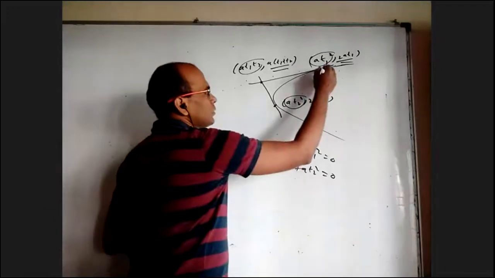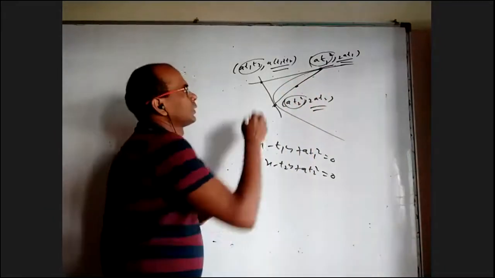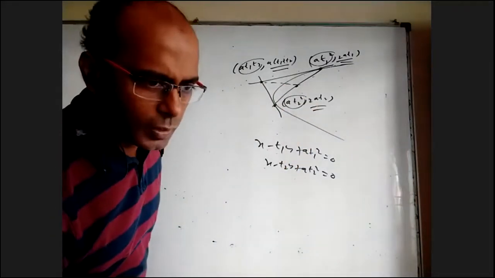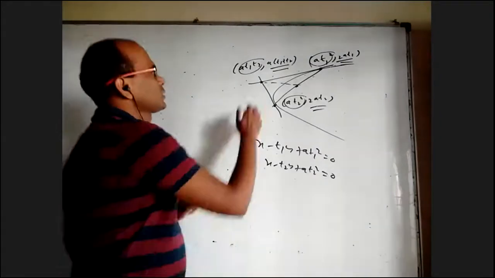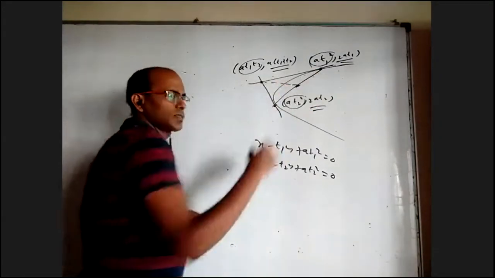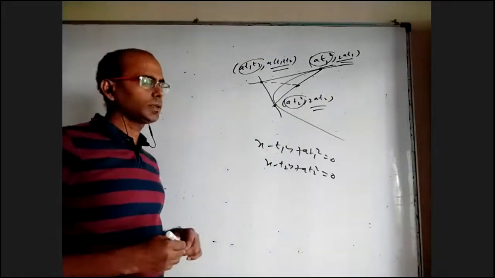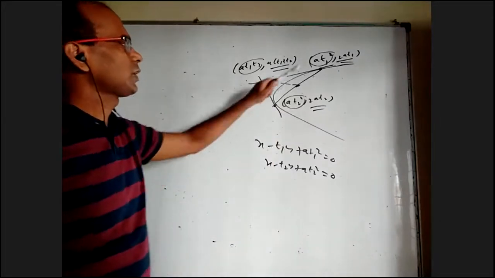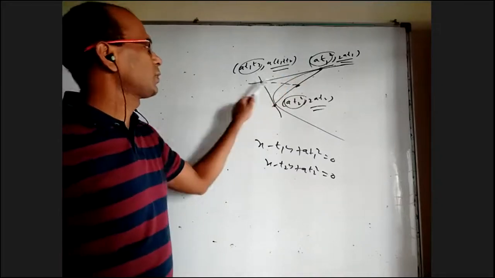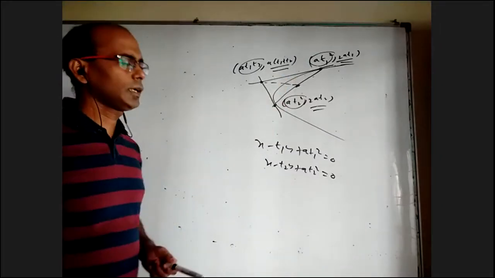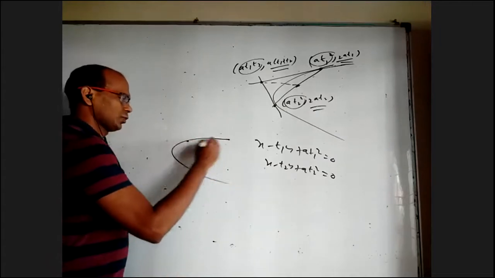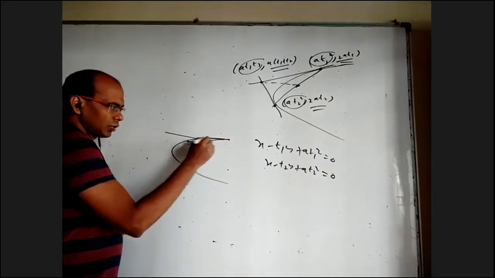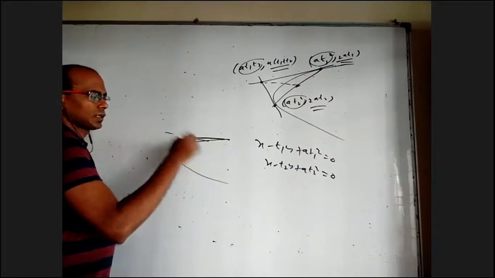Now, if I take the midpoint of these two and this point, when you join, it will be parallel to x-axis. Why is it parallel to x-axis? Because this and this have the same y coordinate. If 2 points have the same y coordinate, they lie on a horizontal line. We'll use it in a few places, but you can remember whenever you draw tangents at two places and take this midpoint and join, they will lie on a horizontal line. Even if you take a parabola and take 2 points here and there's a midpoint which goes backward horizontally, draw a tangent here and a tangent here, they'll intersect on that line if you draw the figure carefully.